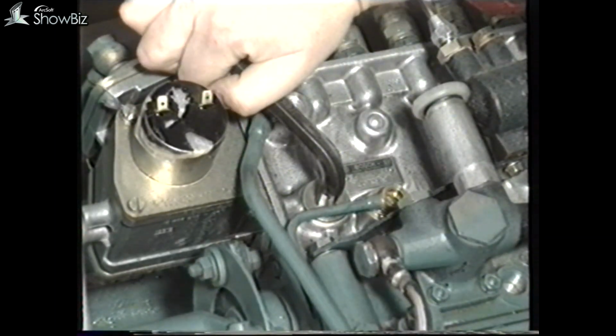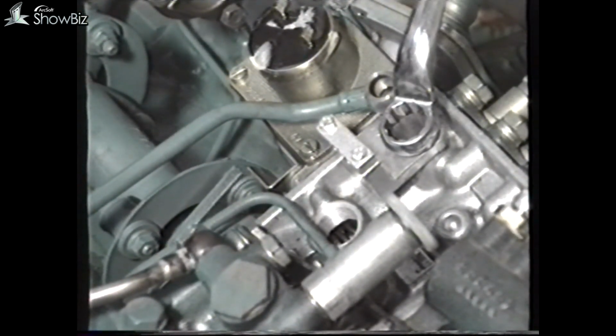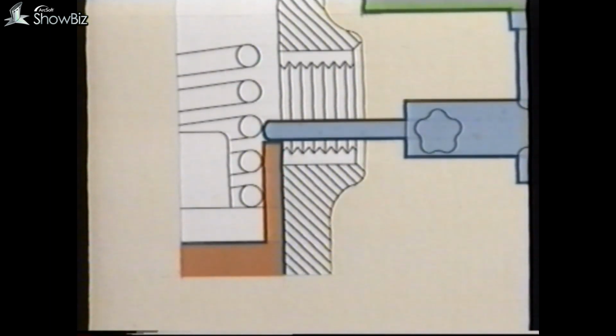Should any doubt exist as to the accuracy of the marks, the following procedure should be used to check the timing. Remove this banjo bolt and plug, and fit this bracket, dial gauge and extension probe, so that it's in contact with the pump cam follower. Release the pump coupling,